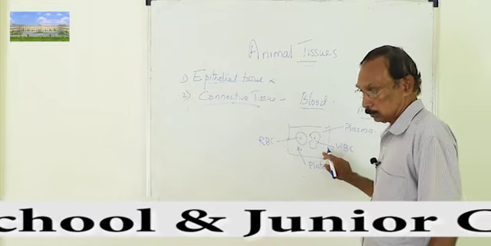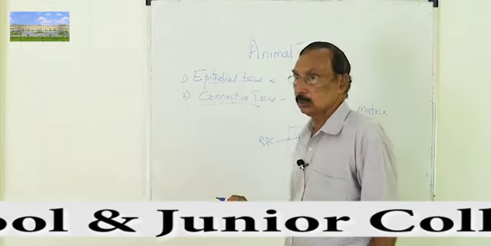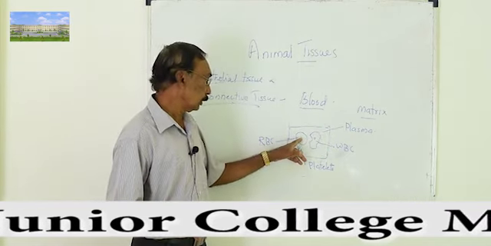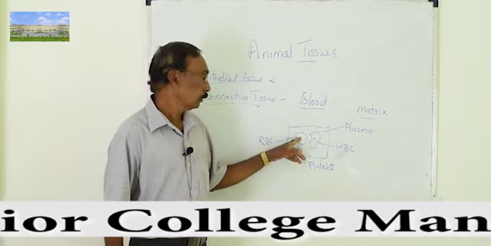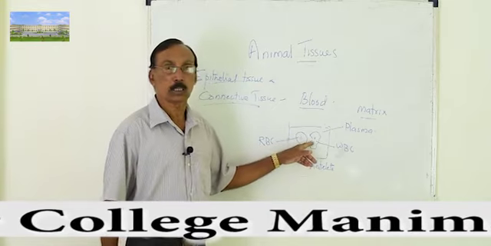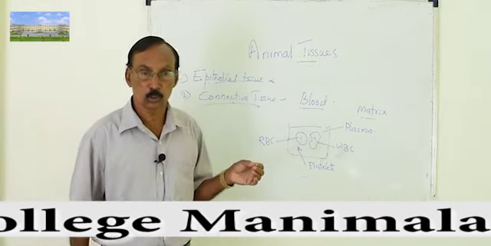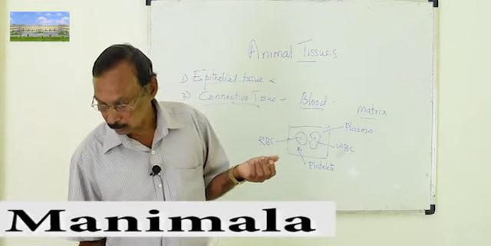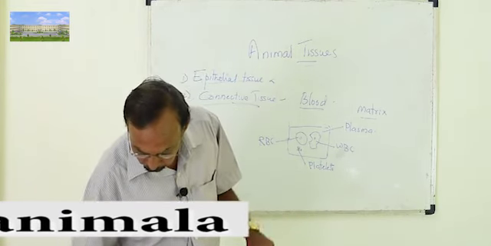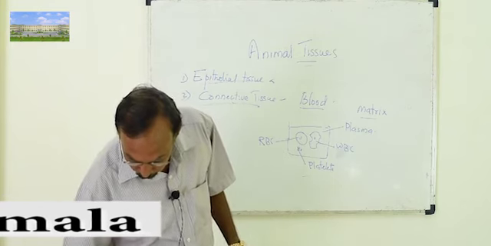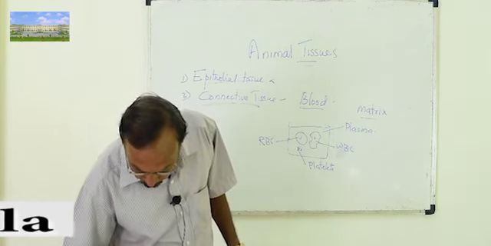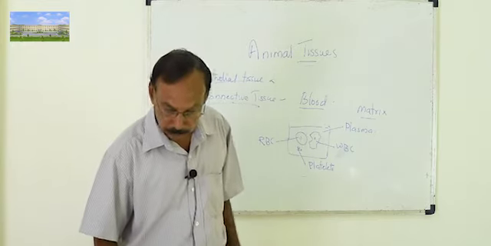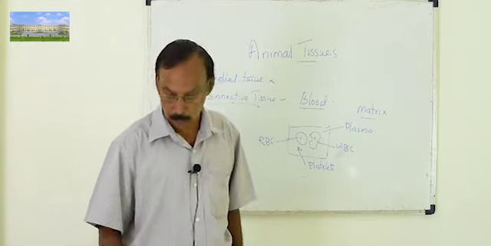and here it is a liquid matrix. The function of each part of the blood: red blood cells transport oxygen. White blood cells protect the body from various disease-causing organisms by different methods. Different types of white blood cells are there, each having a special function. For example, the lymphocyte, one type given in the textbook, gives us immunity.